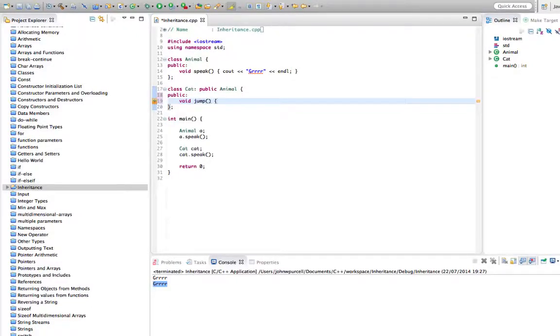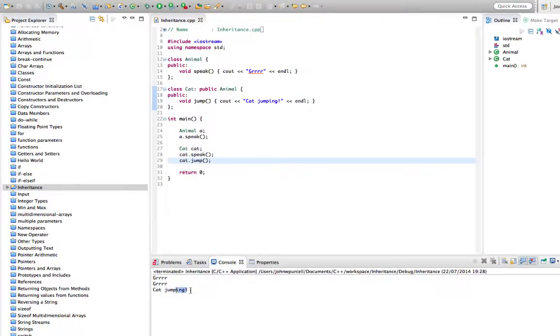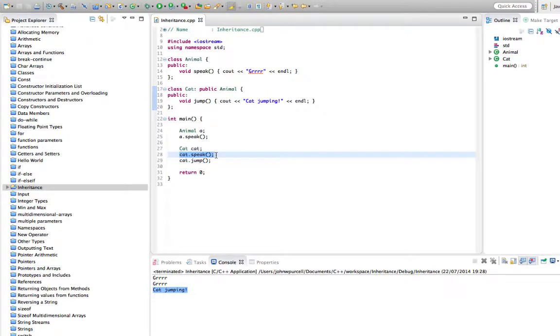And let's just say in here cout cat jumping. Obviously we'll put some real functionality in here in a real world example. So now we can call cat.jump. Let's run this. So cat, it still has the speak method of animal, but we've extended it and we've given it this extra method